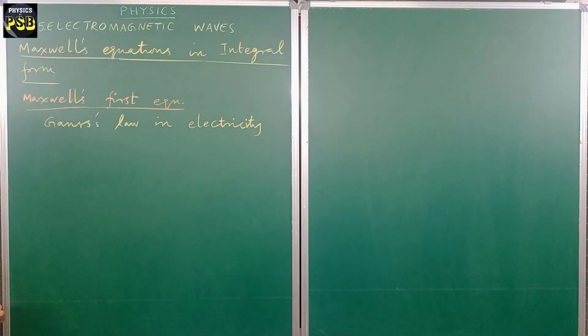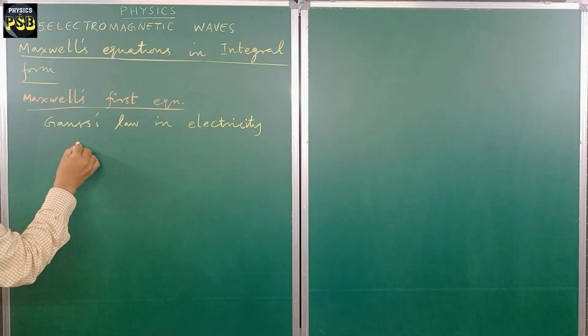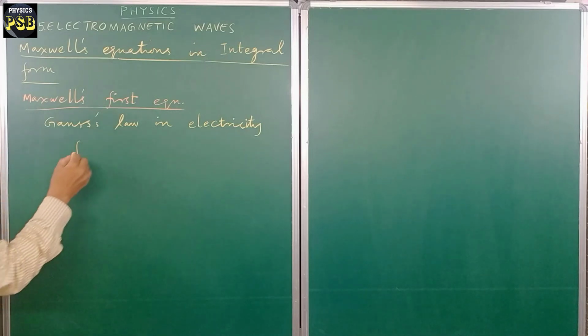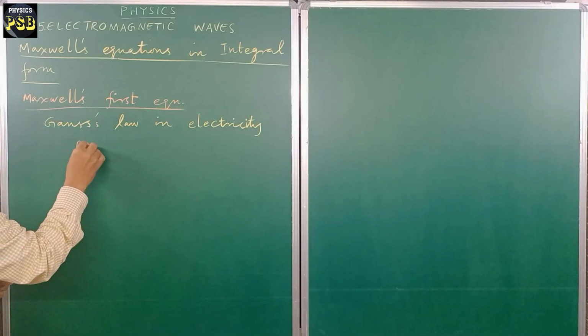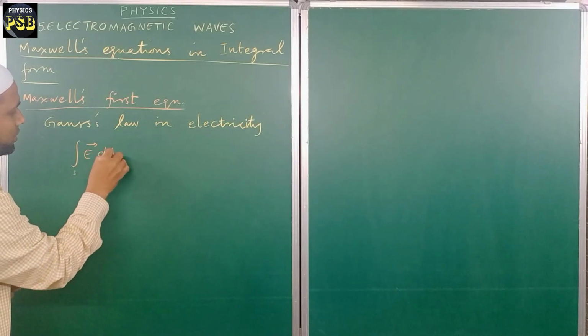Okay, let's see what it is. What does it say? Now, this we have studied in the first chapter. It says that the surface integral of electric field over a closed surface